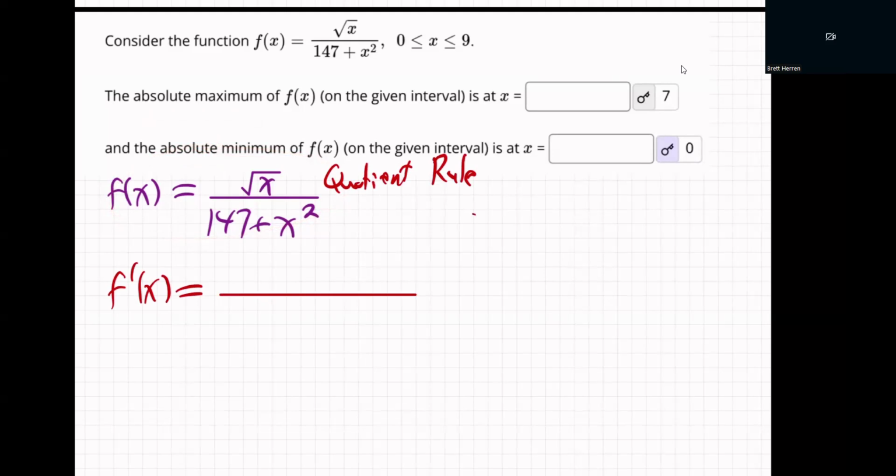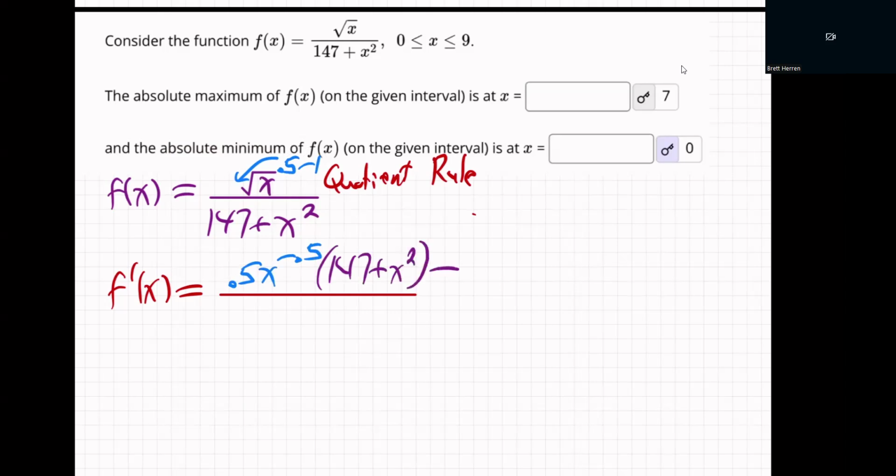Well, we take turns. I'm going to make this x to the half power, because that's what that is. So we do the derivative of the top first. That half comes down and you subtract 1 from it. Let me make that 0.5, same thing, right? That 0.5 comes down, subtract 1 from it, it's minus 0.5. So there's the derivative of the top times the bottom unchanged,